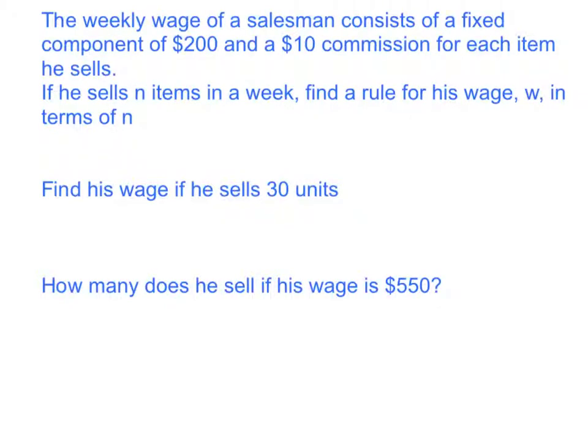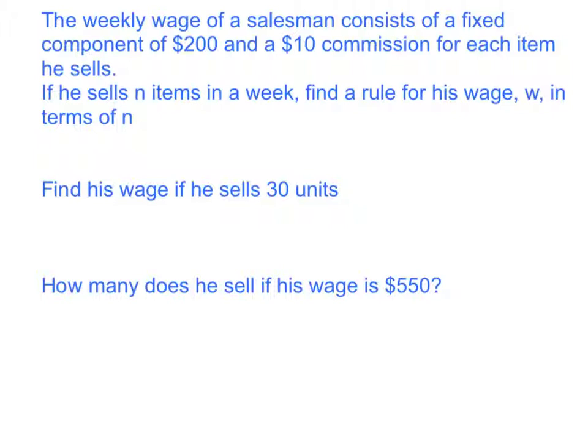Next question we have, multi-part question this one. The weekly wage of a salesman consists of a fixed component of $200 and a $10 commission for each item he sells. If he sells N items in a week, find a rule for his wage W in terms of N. So what we need to do with this one